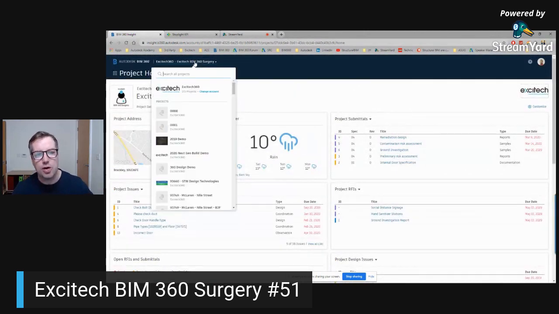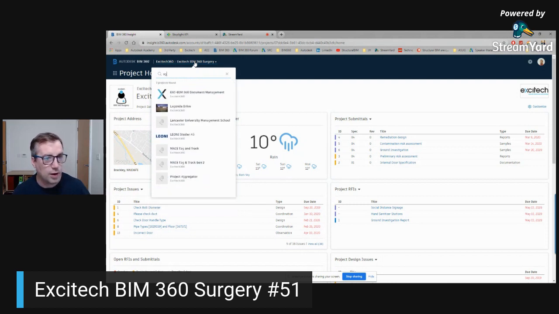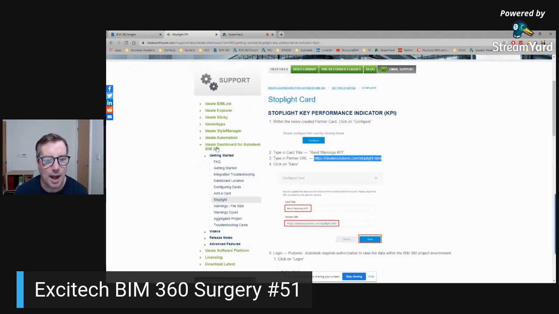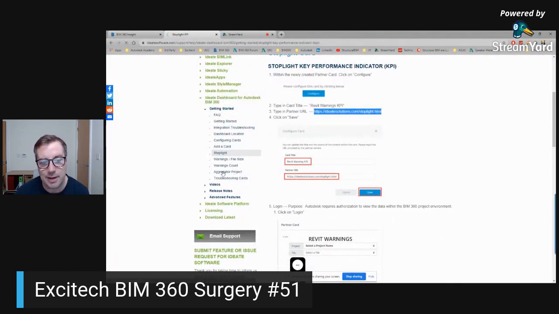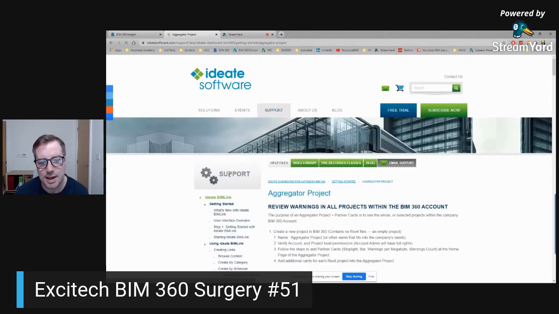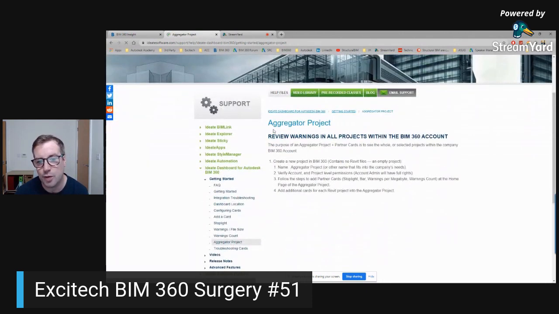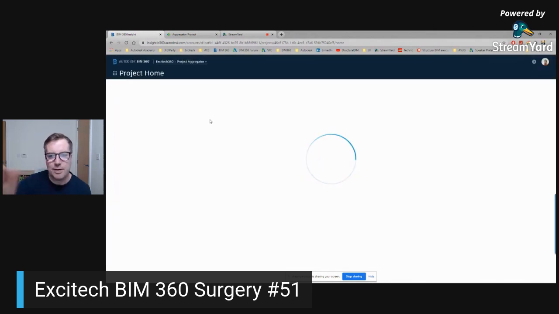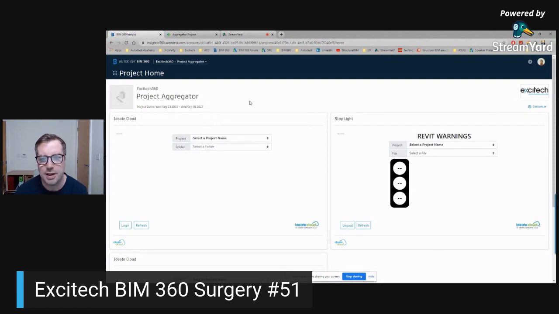So I mentioned that you could have all your cards sitting in a single project. So I've set up this sample project aggregator. Again, it is just from the help file. So under here, the guys at Ideate tell you how to do it. So if you want an aggregator project, just add several different cards in. And what that will give you then is several dashboards reporting different types of information. So you can see in here,